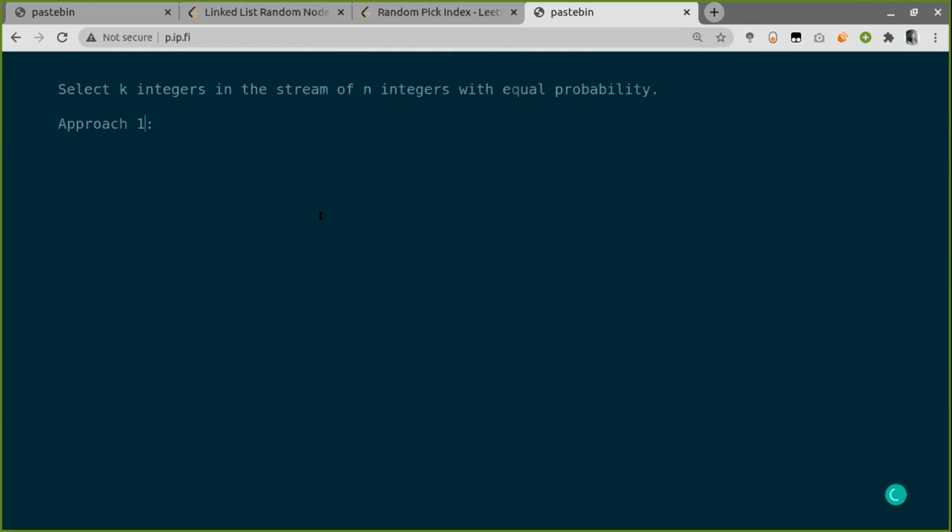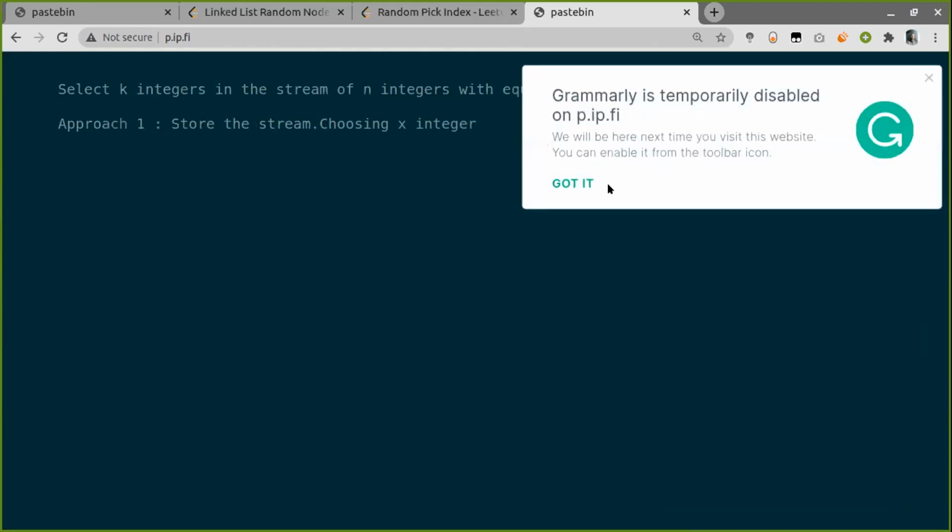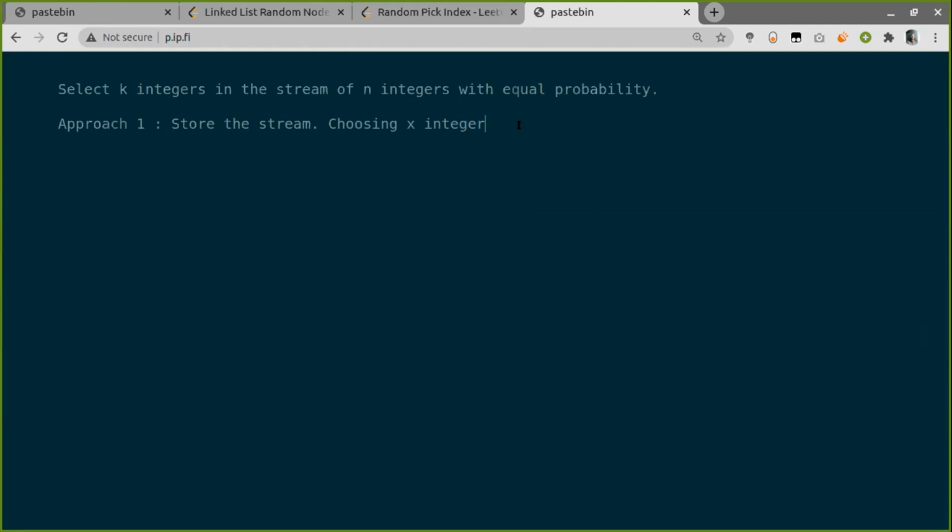So the first approach will be similar, where we will be choosing x integers, and I will tell why we are choosing x integers and not k integers. First, we have to store the stream, and then choose x integers. Now, why x integers? Imagine